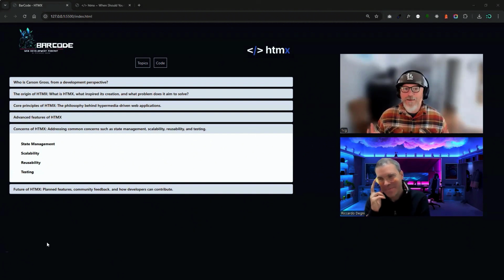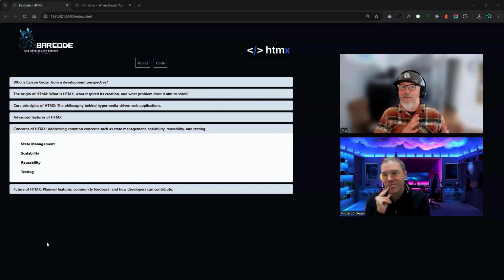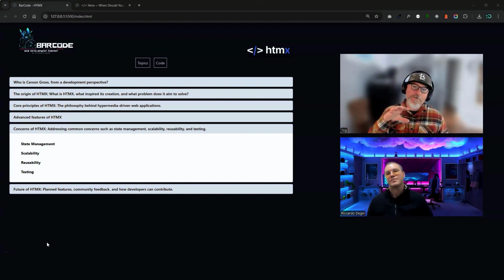I'm not an expert in JavaScript application testing since I don't work that way typically. But I feel like client-side testing is doable in HTMX, just like it's doable in JavaScript. You do need a server, so maybe that's a little bit more complicated. But the other thing about HTMX is that it pushes the focus onto the server side. And the server side is actually often more testable than the client side because it's less chaotic, it's not as complicated. So I think a lot of your logic can end up on the server side where it's more